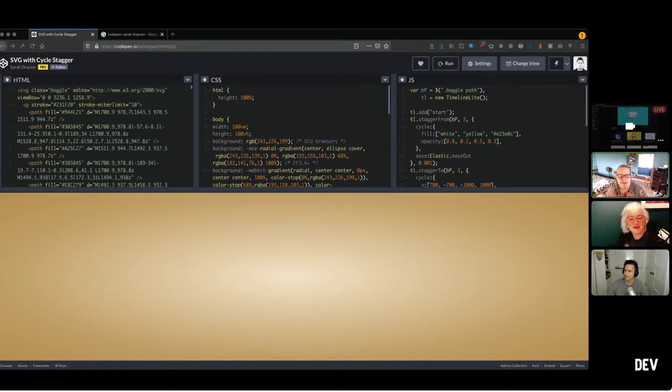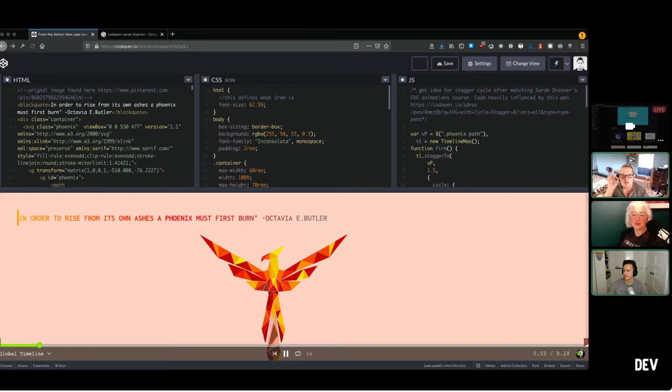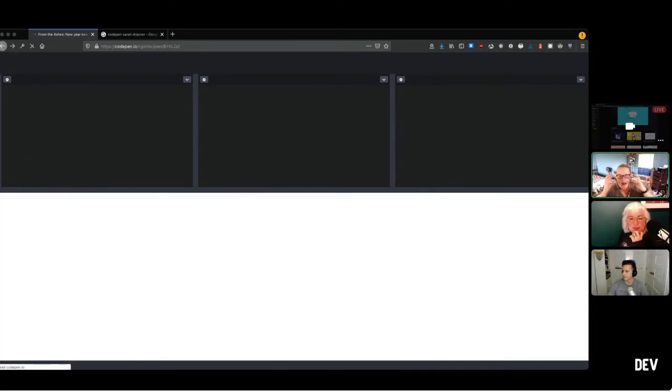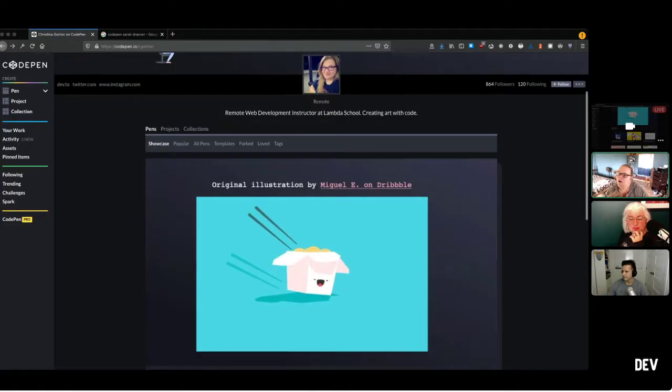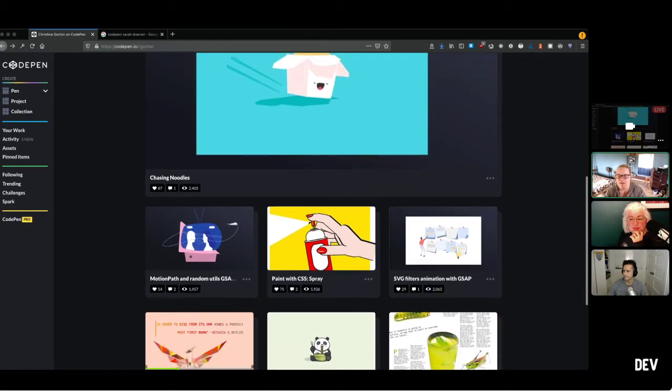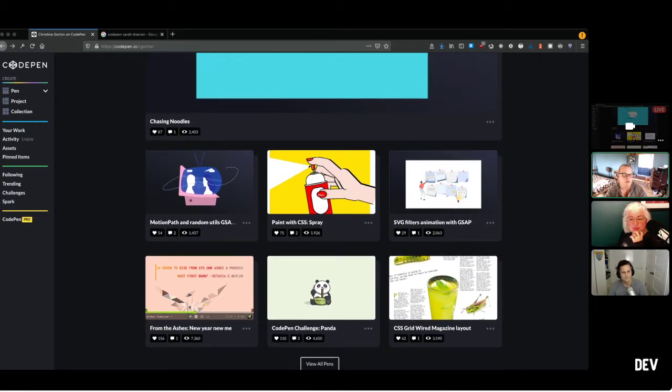But the nice thing for me with CodePen was that when I was first starting, like I said earlier, when you're trying to learn tech, there's just so much that you have to learn. With CodePen, you can just start dropping in your HTML, your CSS, your JavaScript. You're not having to think of all the other things that you might have to bring in to get it to work. It's just working for you right there. And then you also have all these other people with work on there that you can fork and look at and try to understand, like, how are they doing that? Let me take this apart and figure out how they're doing it. And that was the thing that really helped me with CodePen and what I really liked about the community.